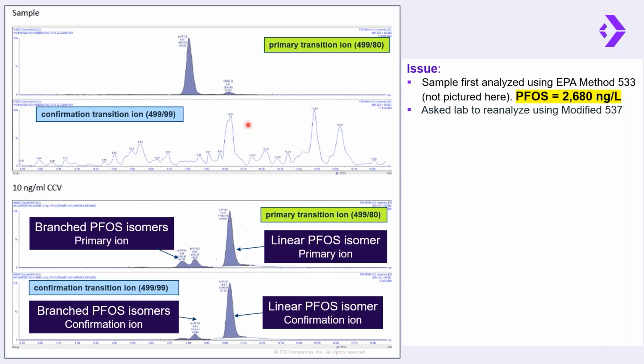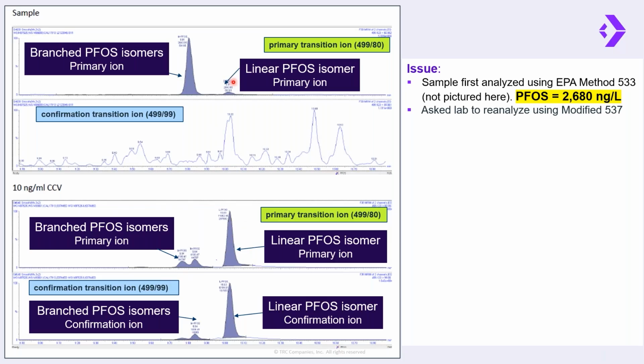So now let's look at the sample here up on top. The PFOS peaks in this sample did not produce a similar ion ratio pattern to this calibration standard. So if we look at the top here at the primary ions, we see something a little strange, right? We see a very large peak for this branched isomer of PFOS on the left here, and a very small peak for the linear isomer on the right. Now, this is not necessarily impossible, but it's a bit different from what we normally see, with this linear isomer typically being the predominant peak.